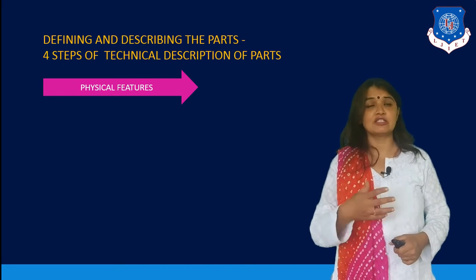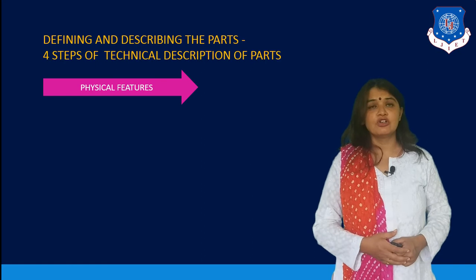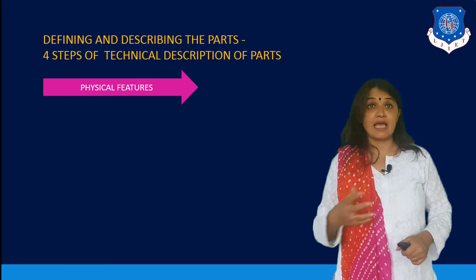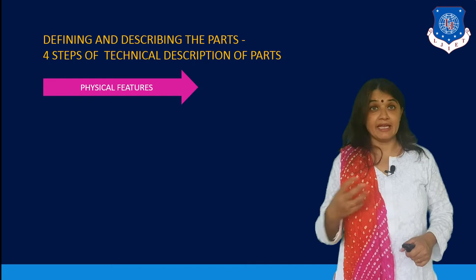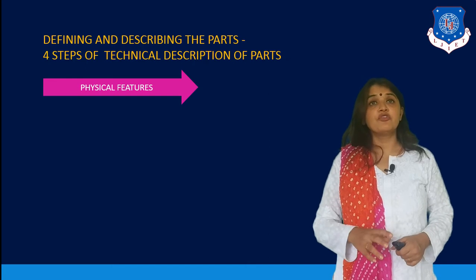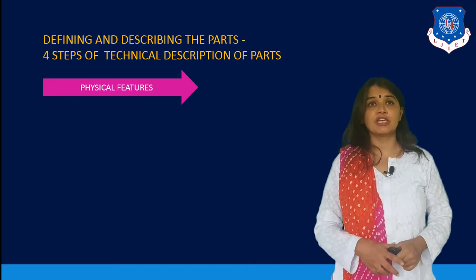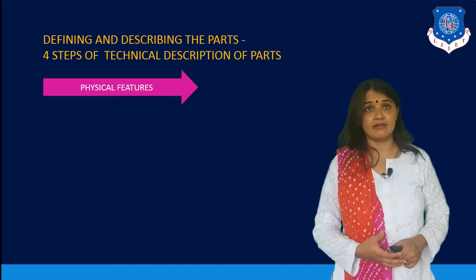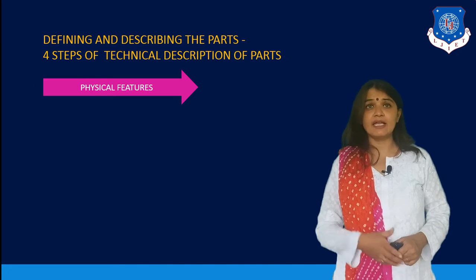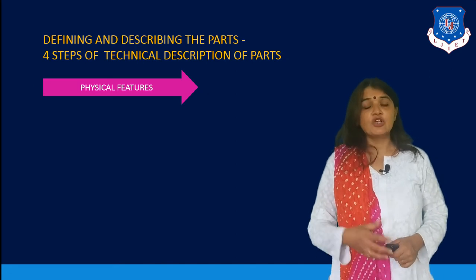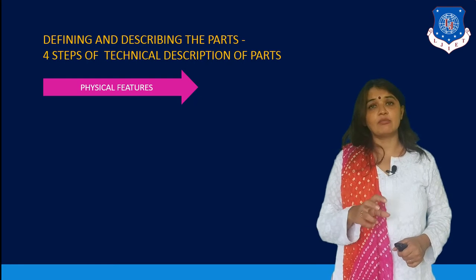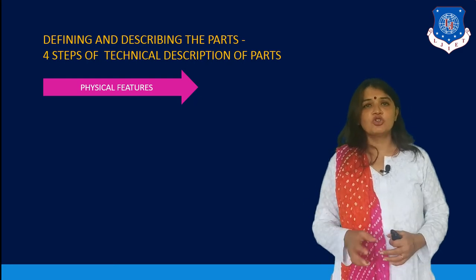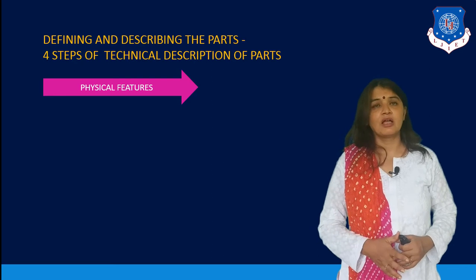Imagine that a fan is not known to you. So what would I say? I would say it is an apparatus with blades which revolves to give cool air, or which revolves to circulate air, which helps in cooling and ventilation. So actually the definition tells what I am going to talk about and how it is helpful. So you have some vague idea.